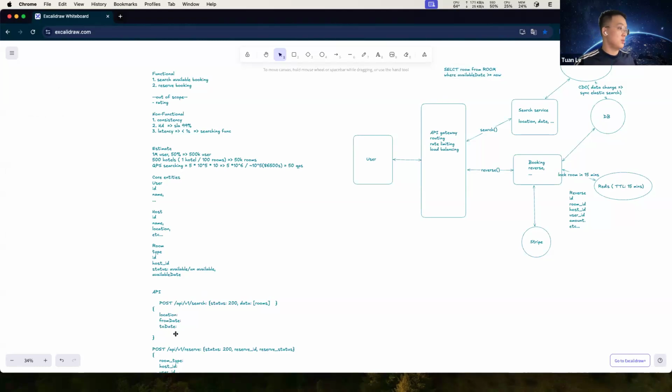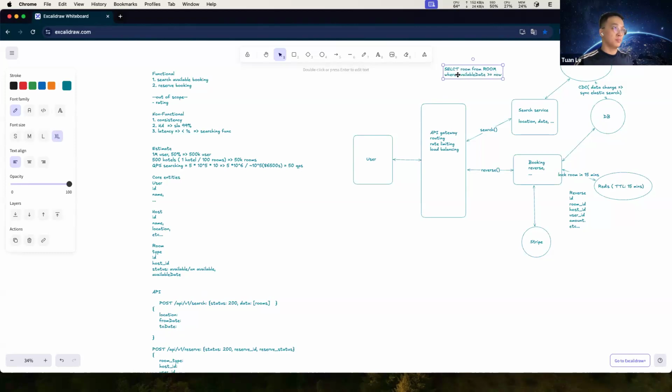So if the user doesn't have the from date and to date in the param, we only filter on the available date. And the user wants to see the room in the future, like the next day or next 10 days.